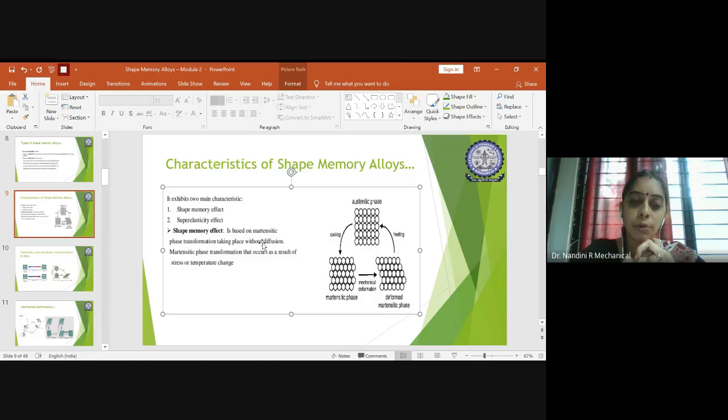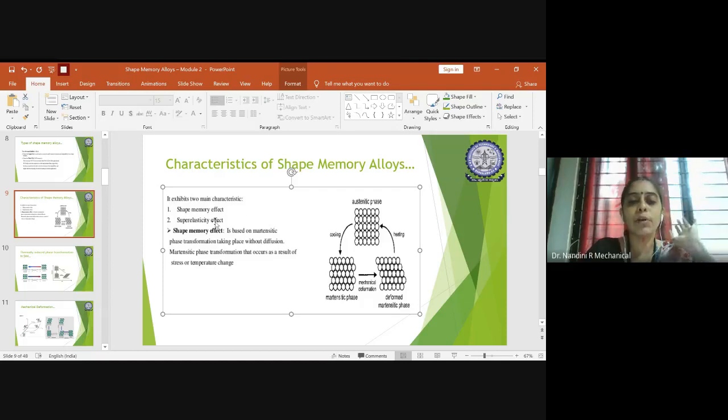So if it has a shape memory effect and doesn't have the characteristics of the super elastic effect, then you cannot claim that the alloy you have prepared is a shape memory alloy, right? Even though it has the memory concept in it to regain the geometry, if it is not elastic in nature, it won't be able to come back. It will reach the plasticity stage, right? And hence, while playing with alloy combinations, copper based and nickel based, you have to see that all the alloys have super elasticity along with the memory concept in them.